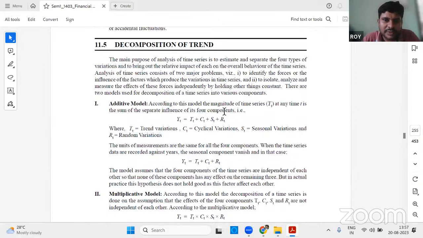Now, according to the additive model, the magnitude of the time series, YT, at any time T is the sum of the separate influence of its 4 components. That is T, C, S, R. See this? Trend variations, cyclical variations, seasonal variations, random variations. The units of measure are the same for all the 4 components. When the time series data is recorded against years, the seasonal component vanishes. In that case, YT is equal to this,